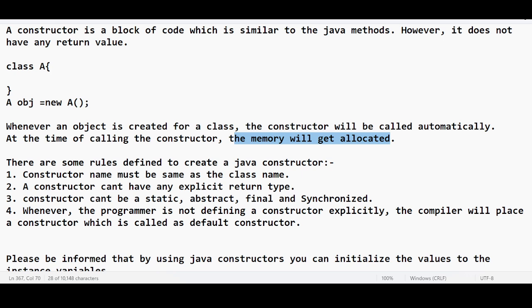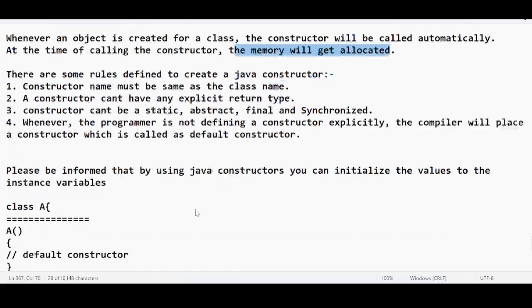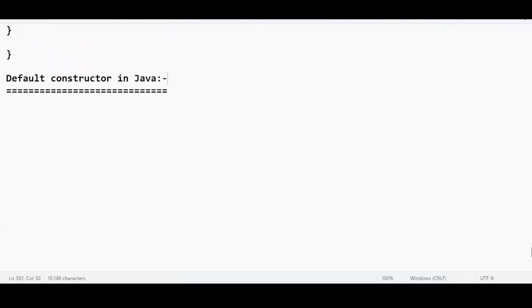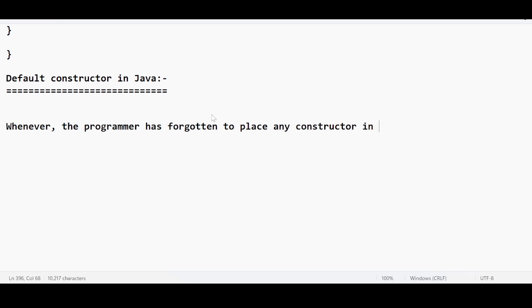I just want you to understand the internal things about the constructor, so that you become much more comfortable when you come across the word constructor. So let us try to understand the nature of the default constructor in Java. What is the default constructor? Very simple. Whenever the programmer has forgotten to place any constructor inside the Java class,